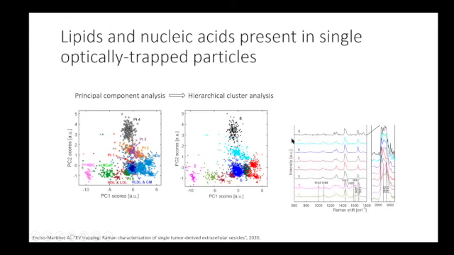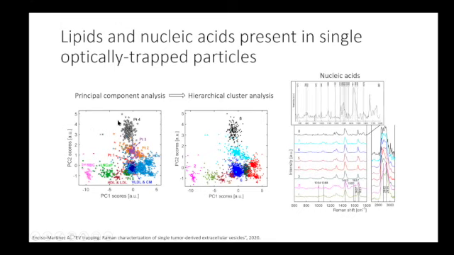So now, if we look, for instance, at the specific Raman fingerprint of different clusters, we see that, again, for cluster 8, which corresponds to patient 4, we see a lot of contribution of nucleic acids. We also analyzed this for circulating tumor DNA, and patient 4 had the largest contribution of circulating tumor DNA in plasma, and also, interestingly, the highest PSA value, prostate-specific antigen.